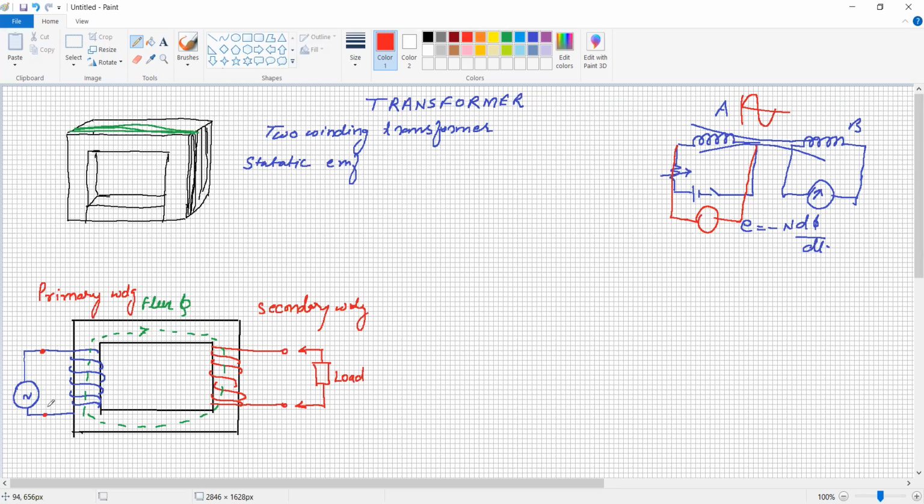Suppose the winding connected with the source is the HV winding, the high voltage side, and the load is connected to the LV side. So it is called an LV winding and an HV winding, and vice versa. Suppose it is connected to the low voltage, then it is a low voltage winding and a high voltage winding. We can also give the terminology of primary winding and secondary winding. By default, the primary winding is the winding which is connected with the source, and the secondary winding is the one connected